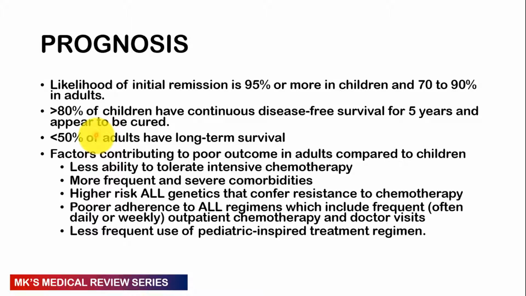Then less than 50% have long-term survival in adults. Now, there are some reasons why the prognosis is better in children than in adults. Some of the factors that have been noted are less ability to tolerate intensive chemotherapy in adults, and of course there are more severe comorbidities in adults, and a higher risk of ALL genetics that can